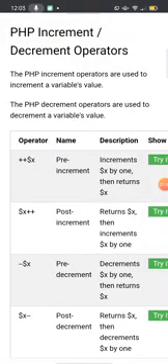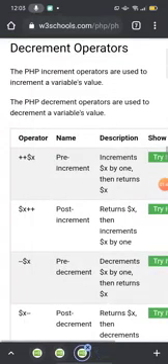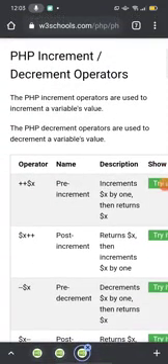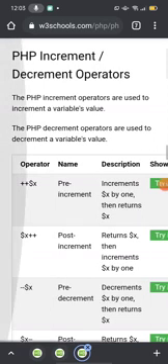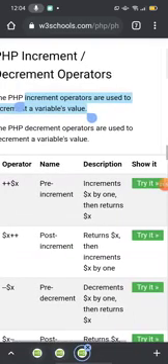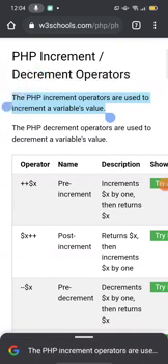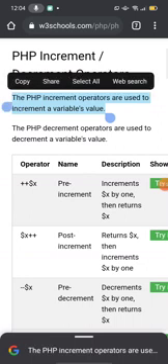Okay, students, we are dealing with the PHP operators. Inside this, we are going to start today with the increment and decrement operators of PHP. Let us see one by one. The PHP increment operators are used to increment a variable's value.